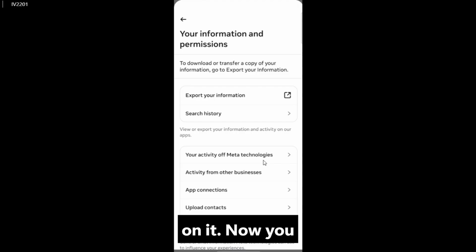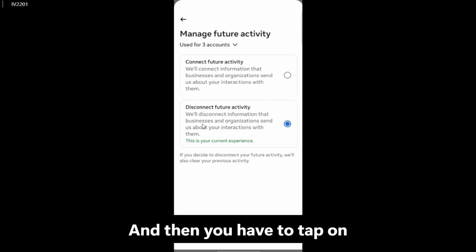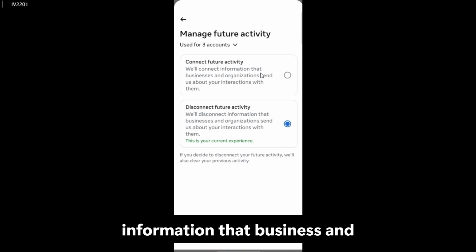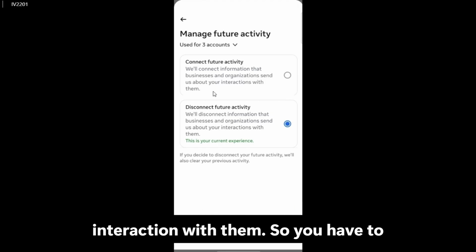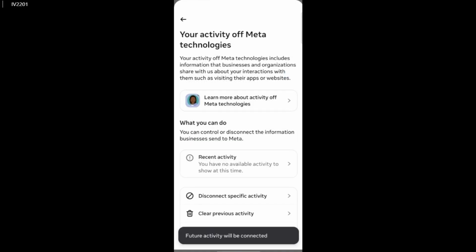Tap on it. Now you have to tap on manage future activity, and then you have to tap on connect future activity. We will connect information that businesses and organizations send us about your interaction with them. So you have to tap on this, confirm, and then